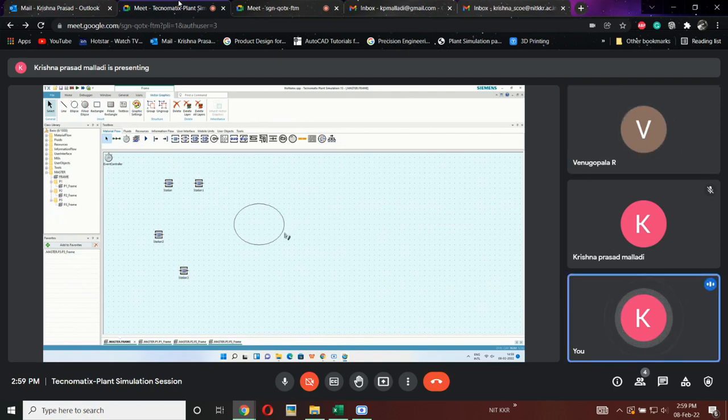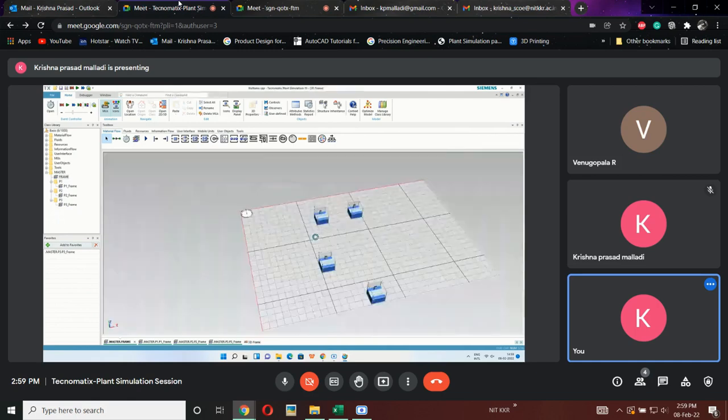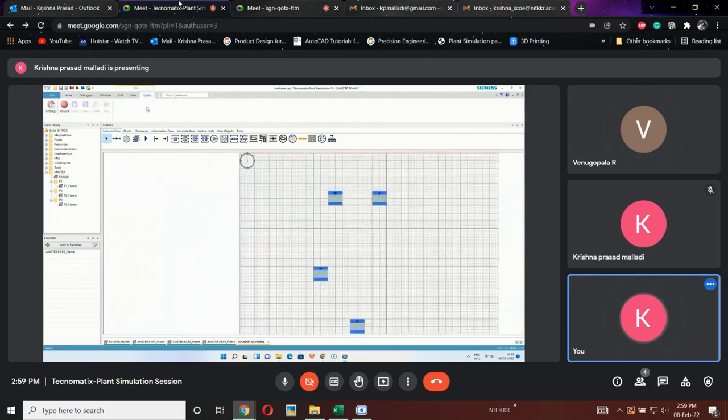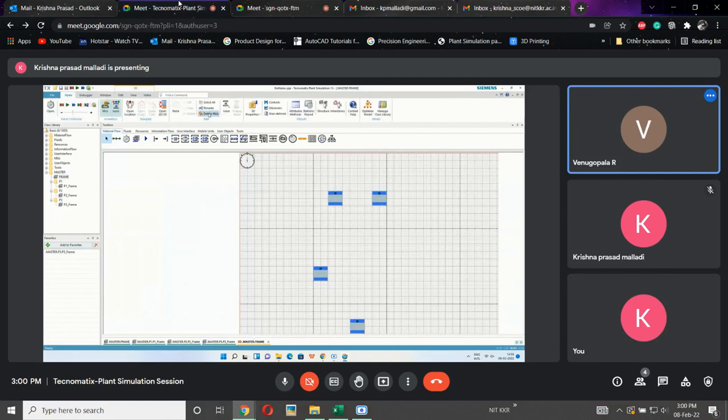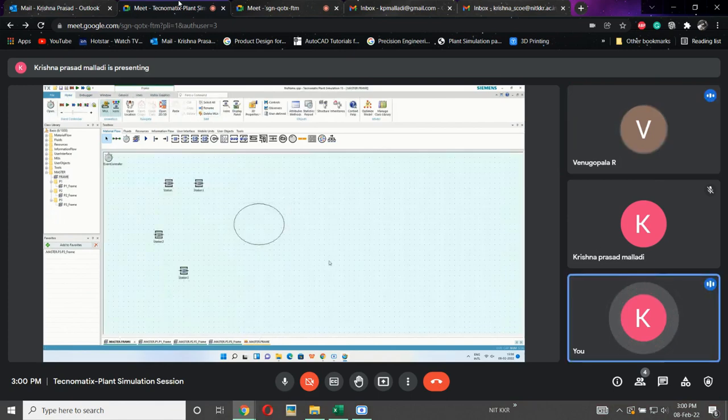Sir, it's like layout modifications. Layout modification tools are layout description tools.